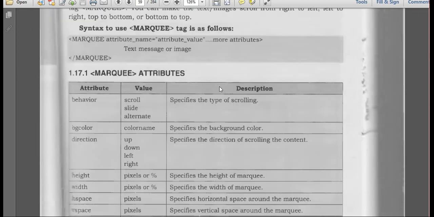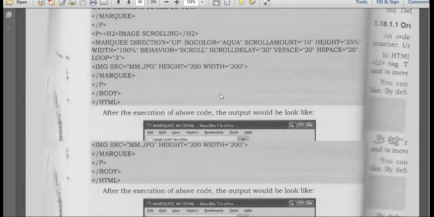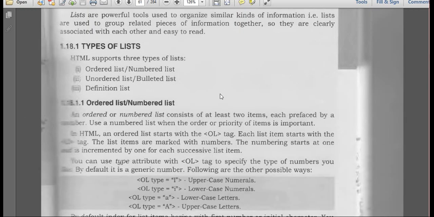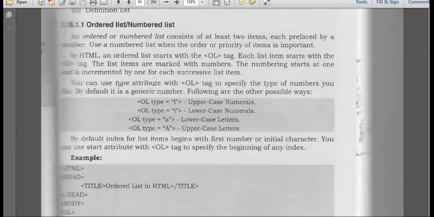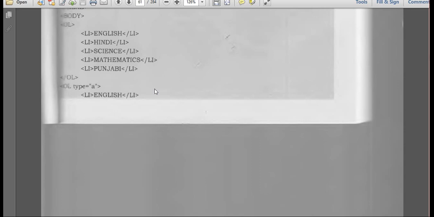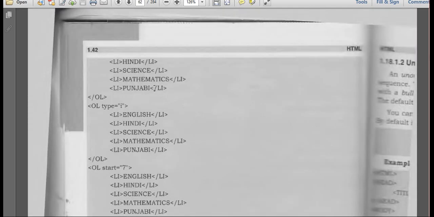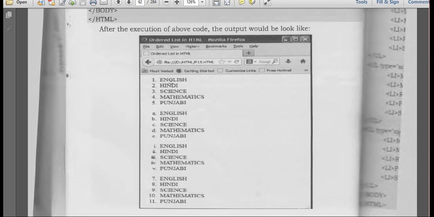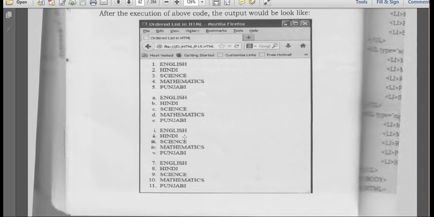Already we have done with markup, we have discussed lists: ordered list, unordered list, and definition list. These are the notes for you in your CA book which I have sent you, from Himalaya Publications. Ordered list: English, Hindi, Science, Mathematics and Punjabi. It is ordered 1 2 3, A B C D, small a, 1 2 3.